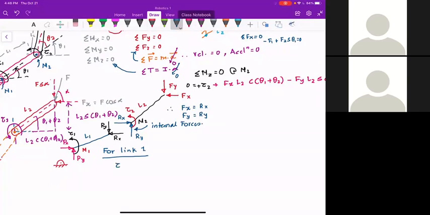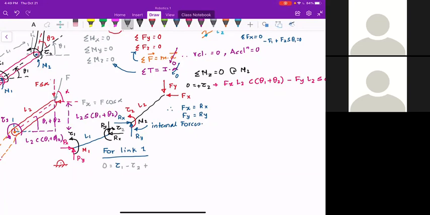One thing I want to mention: since there is a tau 1, there will be a tau 2 over here. And these tau 2s, please note, are equal in magnitude and opposite in direction. So for link number 1, I'm going to have tau 1 minus tau 2